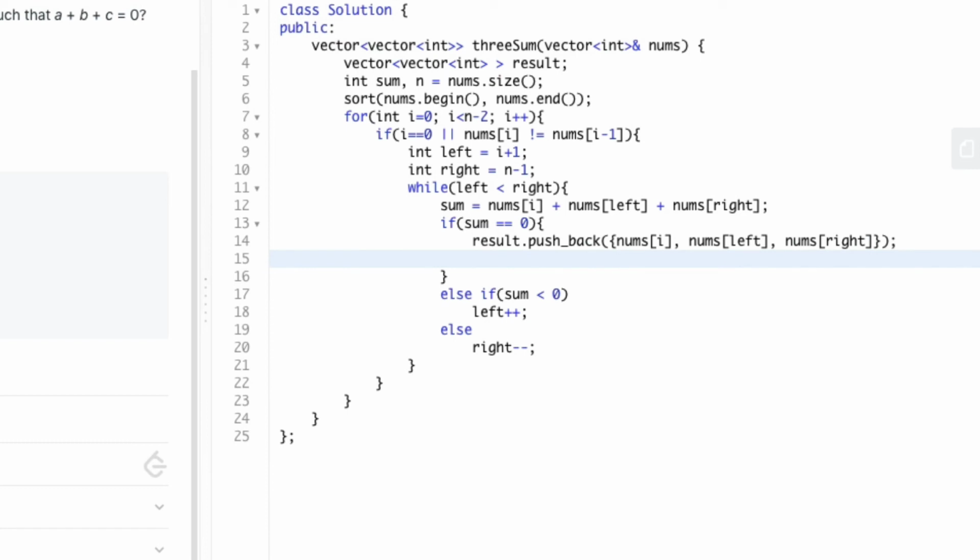And then we check whether nums of left is equal to its succeeding element or nums of right is equal to its preceding element. If so, we increment the value of left and decrement the value of right respectively.